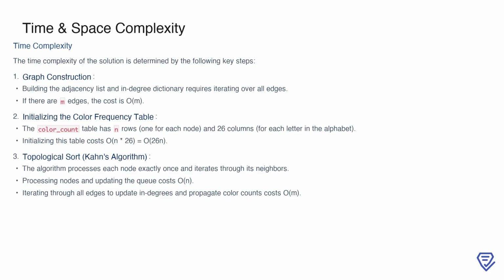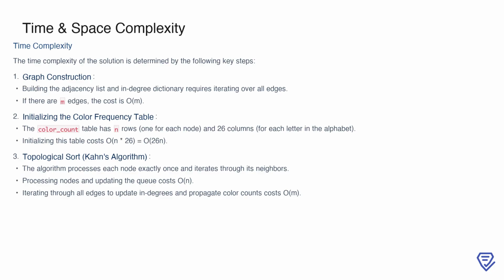First, constructing the graph requires iterating through all the edges to build the adjacency list and indegree dictionary. If there are m edges, this step takes O(m) time. Next, we initialize the color frequency table, which has n rows, 1 for each node, and 26 columns to represent the letters of the alphabet. Setting up this table takes 26n, which simplifies to O(n) in big O notation. Then, we perform a topological sort using Kahn's algorithm. Each node is processed once, which costs O(n), and we iterate through all edges to update indegrees and propagate color